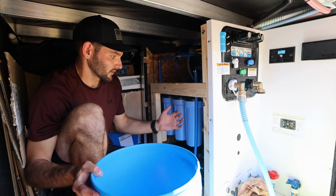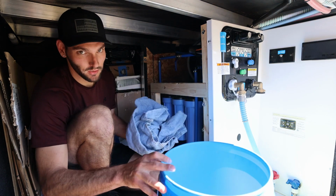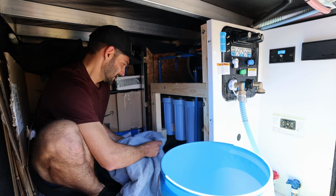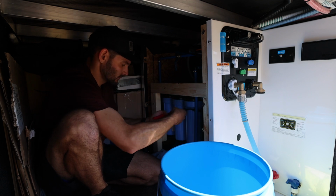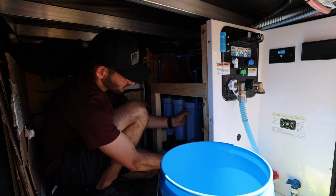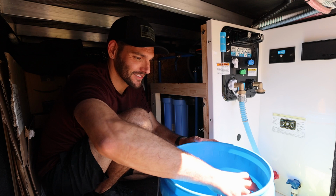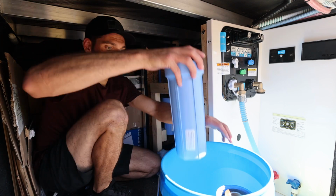Got a bucket that I'm going to put all these canisters in when I take them off. Got my filter wrench and a towel to catch any water that starts to leak everywhere. Otherwise, again, I got my drip pan, so hopefully that'll save everything in the basement. So just a tiny little bit of leaking. That is nasty. Show you guys after. So it's 1, 2,